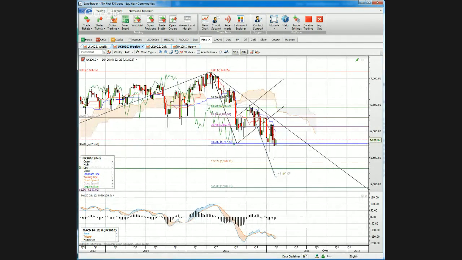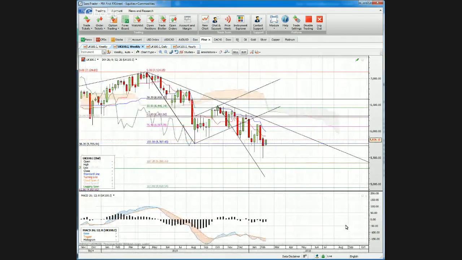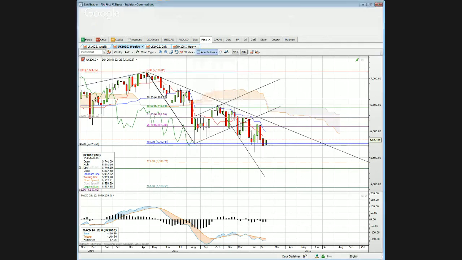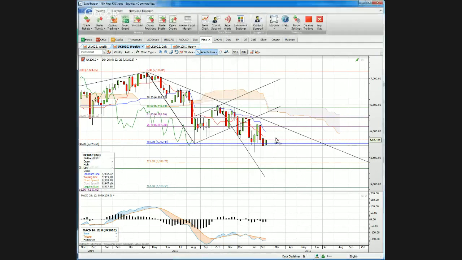But again, we look at last week's candle chart. We see a bullish hammer. This is a positive sign after the extreme sell-off down to about 5,500 last week. Buyers have come in, reaction higher, and over the weekend, obviously good news, and prices have opened up stronger this morning. So the potential for a reversal here,